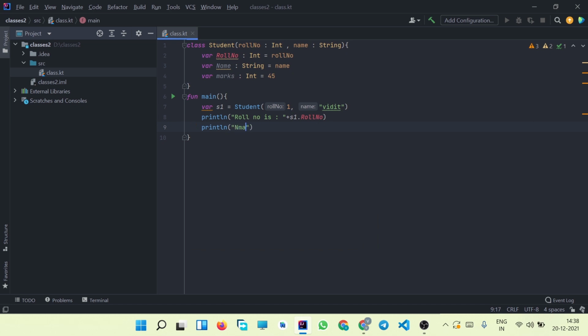So the "name is" plus s1 dot name, and "marks is" s1 dot marks.